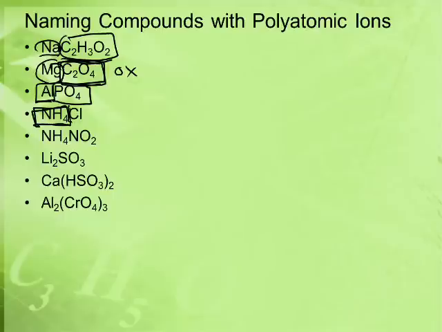Ammonium, and then it's chloride. Ammonium over here, and now we have 2 polyatomics. Nitrite. Ammonium nitrite, 2 polyatomics. Here we have lithium